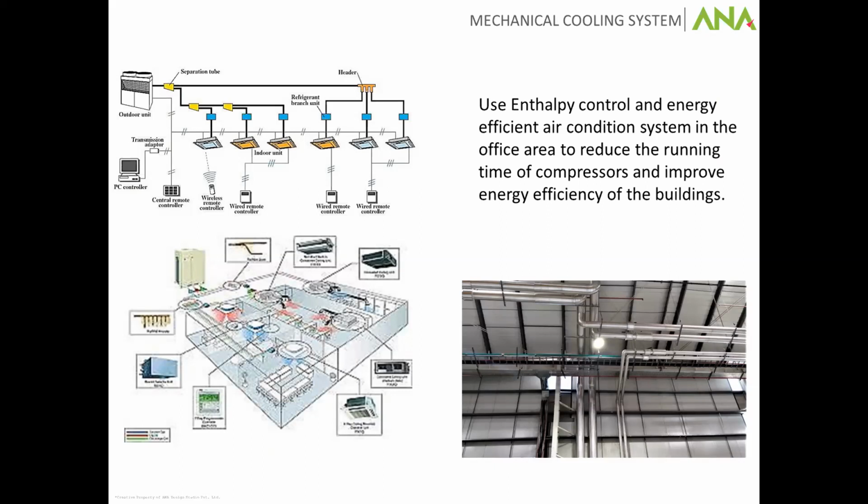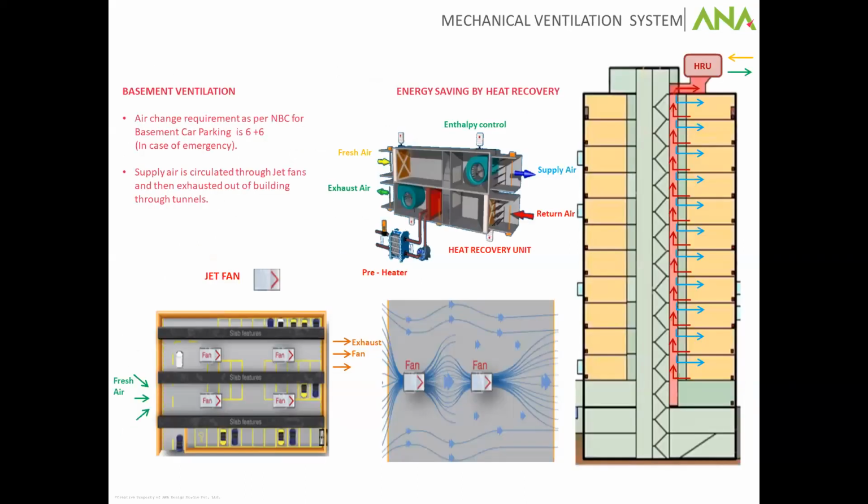It might surprise you that the total electromechanical team that worked on this project, and the total project is about 25 acres of land, about 500,000 square feet of built up area, we had a team of only 11 engineers who looked after the entire HVAC, mechanical. Mechanical will include pneumatics and hydraulics and so on and so forth, electrical, ELV, and PHE. And to the tune of 90 to 93%, whatever we had predicted in our DBRs has actually been achieved in